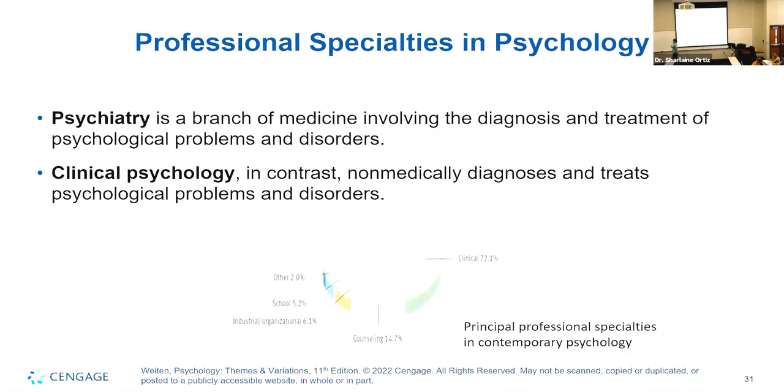So a psychiatrist, those of you who have one, the psychiatrist will make a list of your symptoms, and based on the DSM, the Diagnostic Statistical Manual of Mental Disorders, he will make a determination of which category of mental illness your symptoms fit in, and then he will provide you with medication in order to reduce or eliminate your symptoms, right? So this is a field of medicine.